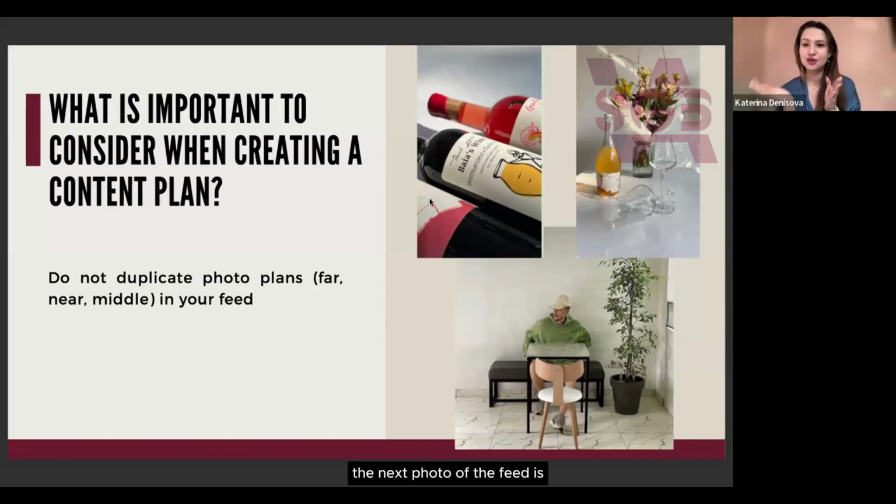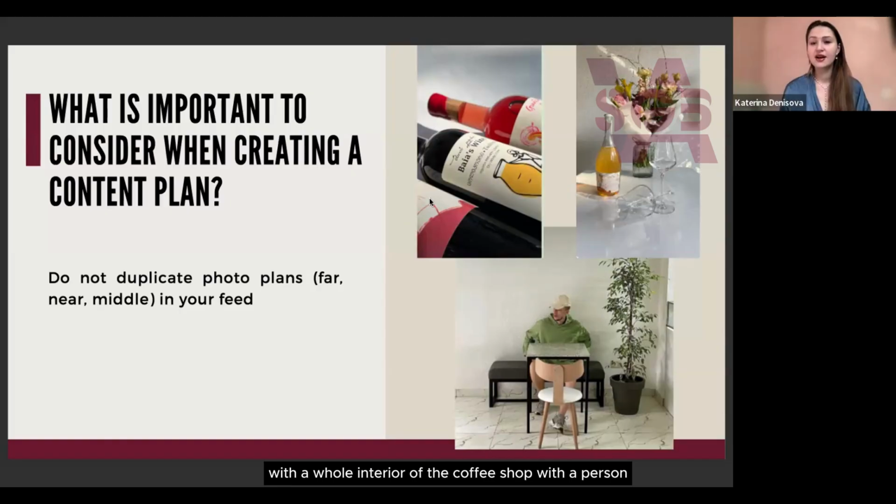The next photo is a middle plan, where you can see the bottle itself, some glasses, and the flowers. And the third photo I publish on the third day is a far plan with the whole interior of the coffee shop, with a person, and again a big flower in a flower pot.